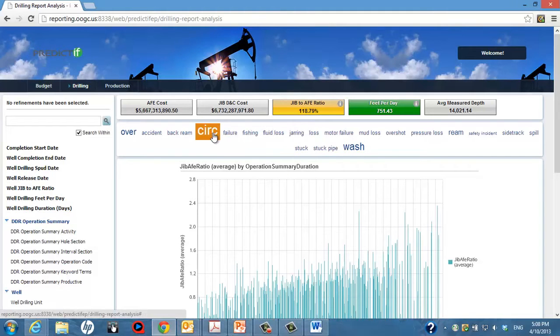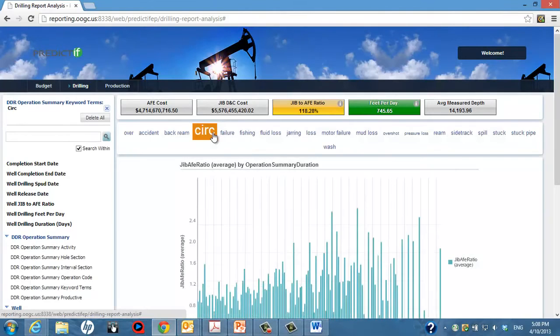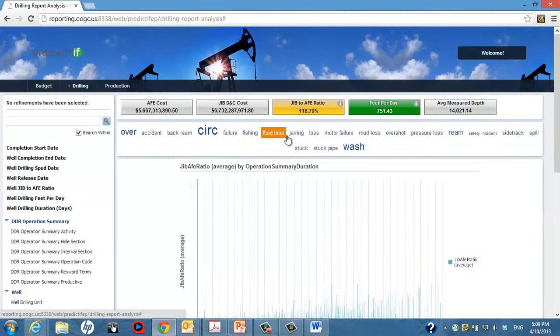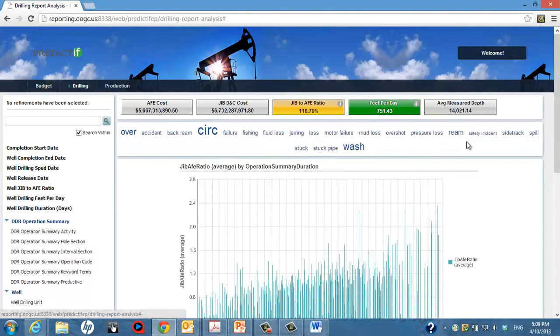Circ has the largest font, so when we click that and the page gets refreshed, the drilling-to-AFE ratio stays at 118%. So Circ is not a major contributing factor to budget overrun. We could click through this whitelist to identify the possible causes for budget overrun, but let me show you what